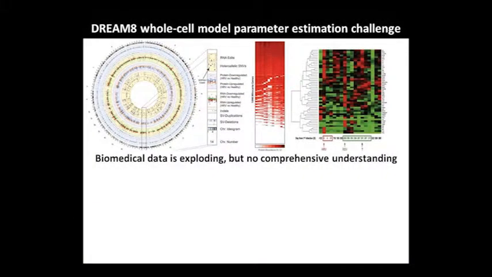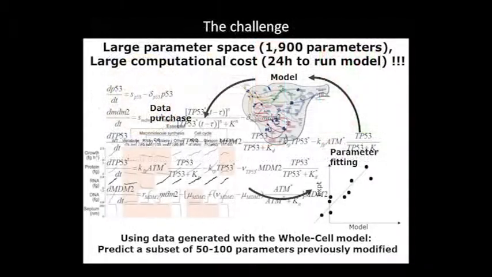It took into account that actually there's a lot of data out there, but hard to understand it. And really, the question was, in between that data and knowledge, how do you build those models? So this was one where the challenge is about building models to predict cell physiology. And I think this one is in not yeast, but mycoplasma. And I think that's where this one is built. There are a subset of 50 to 100 parameters that are basically sitting at the center of it.